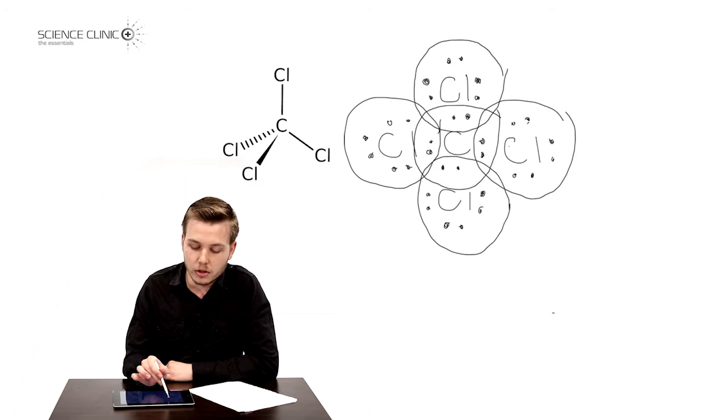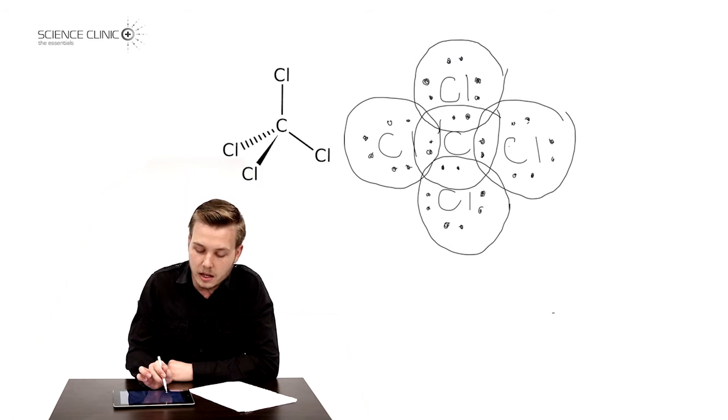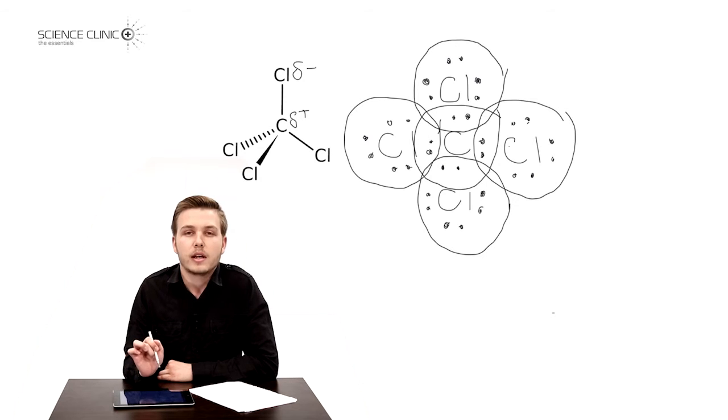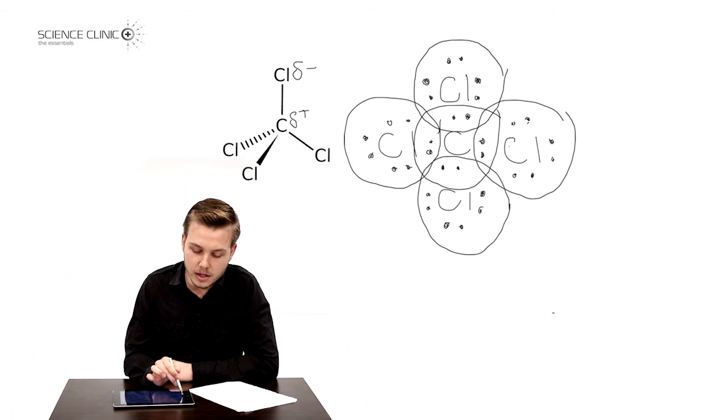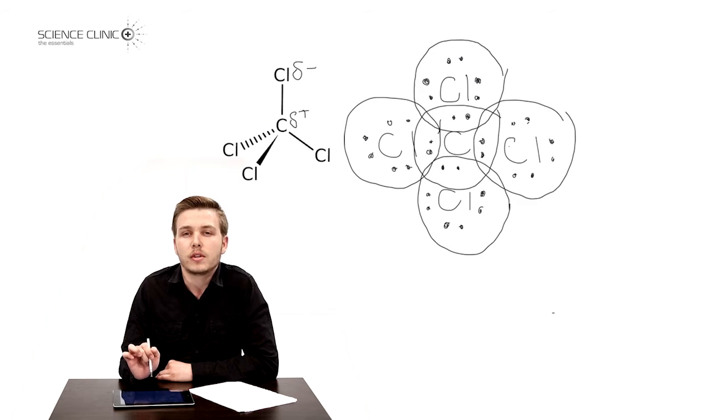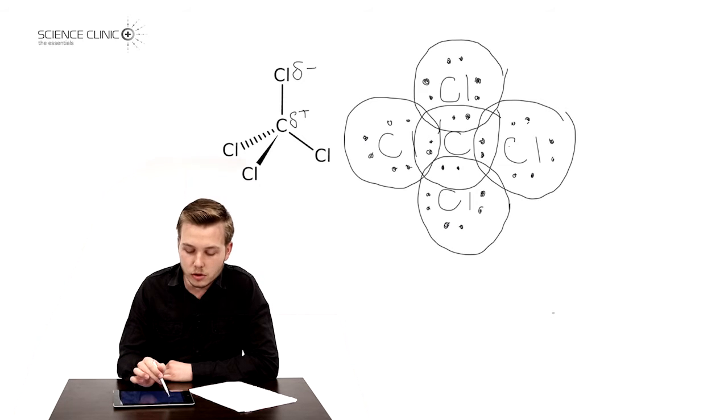So if I look on the periodic table, I'll see that carbon has a certain electronegativity, chlorine has a certain electronegativity. There will be a difference in the electronegativities, and if I find the difference, I'll see that carbon has a slight positive charge and chlorine has a slight negative charge, and that will be the same between every chlorine and carbon. So it definitely has polar bonds, but for the molecule to be polar, it needs to have a shape which